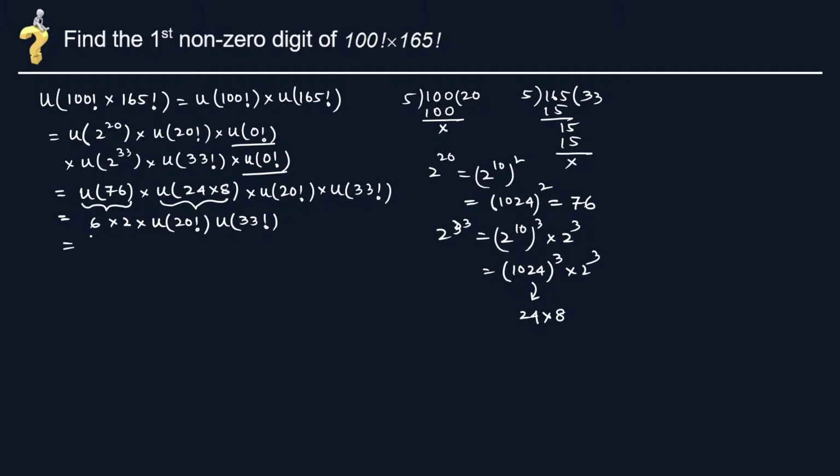So the last non-zero digit that will come from 6 into 2 is 12, so that is 2. So for 20 factorial, again I am dividing by 5. And for 33 factorial, divide by 5. Remainder is 3. Therefore, we can write this thing as